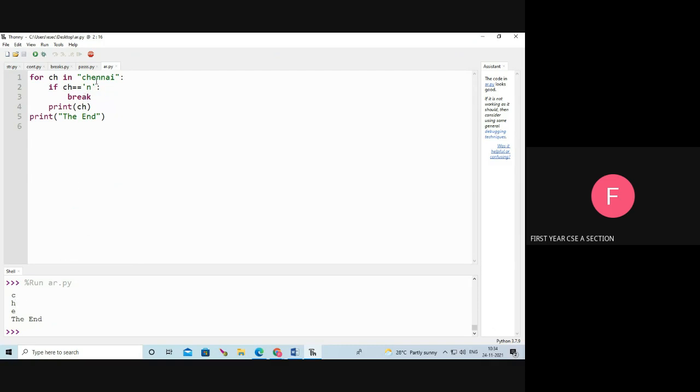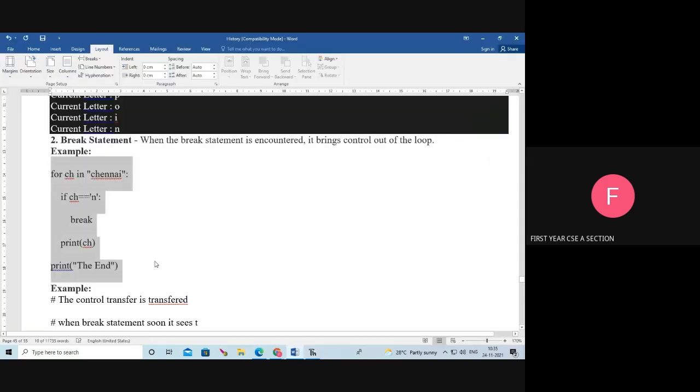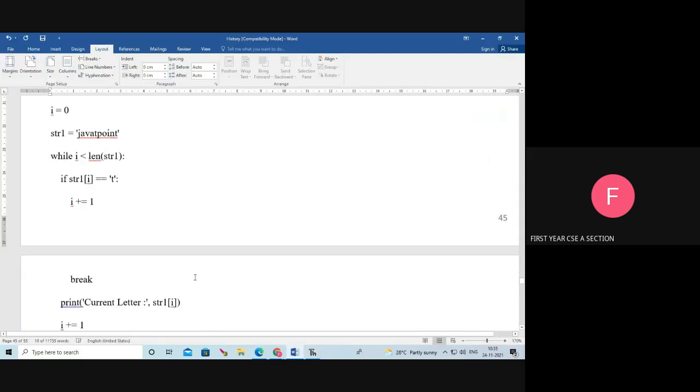Next time ch value is e, condition false, it prints e. Next time ch value is n, n equal to n, condition true, so it goes to the break statement. The break statement is used to come outside the for loop. Here, outside the for loop, there is one print line, the end. See, the end is printing. Can you understand? That is the break statement.